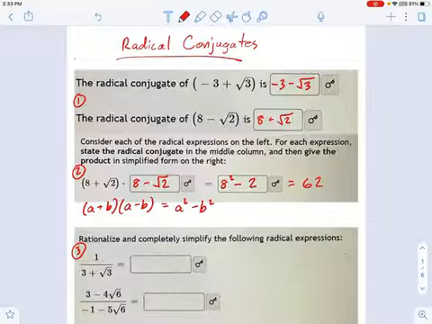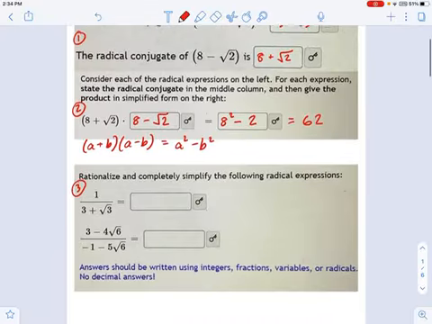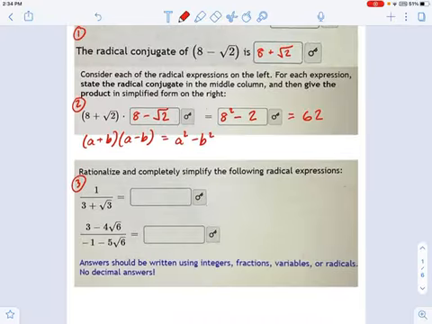Here's what's cool. The radicals are gone. When you multiply something by its radical conjugate, there will be no radicals in the answer. Just like when we were dealing with complex numbers, if you multiply a complex number by its complex conjugate, you wipe out all imaginary terms. So we're going to use that in rationalizing. And remember what rationalizing means. It means multiplying something by a crazy one in order to change the way it looks, not necessarily change its value, just change how it looks.